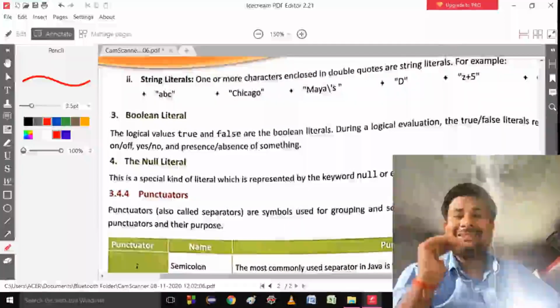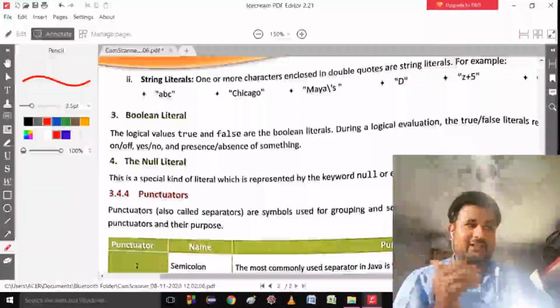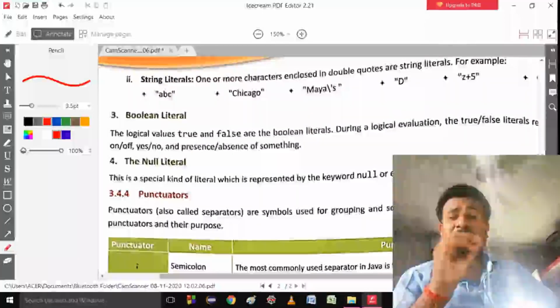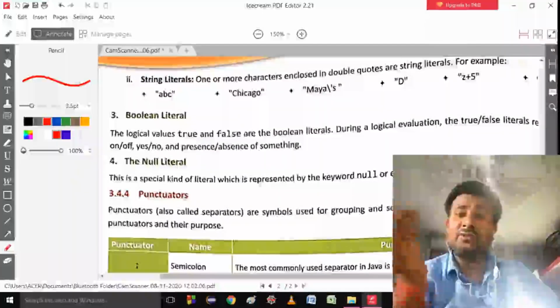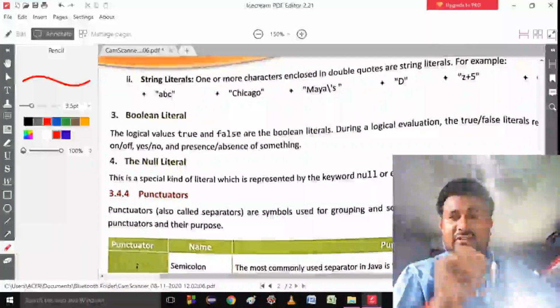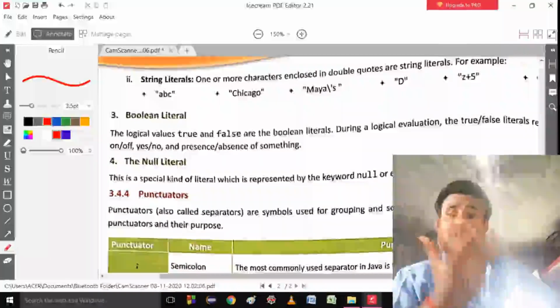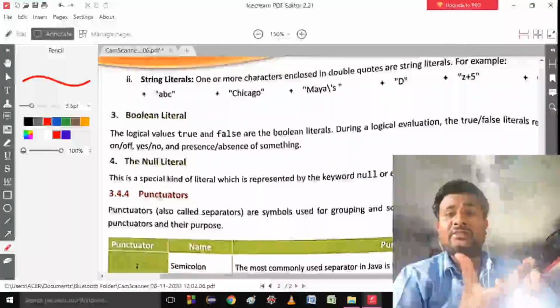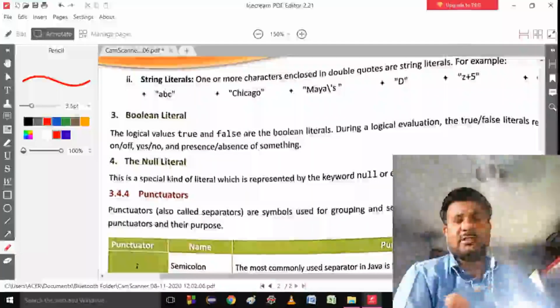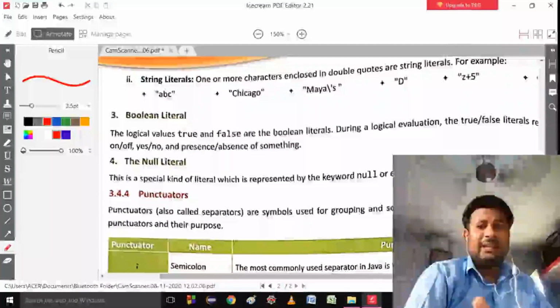This means nothing. You cannot write 0 in the place of null. Null means nothing, but 0 means a value.